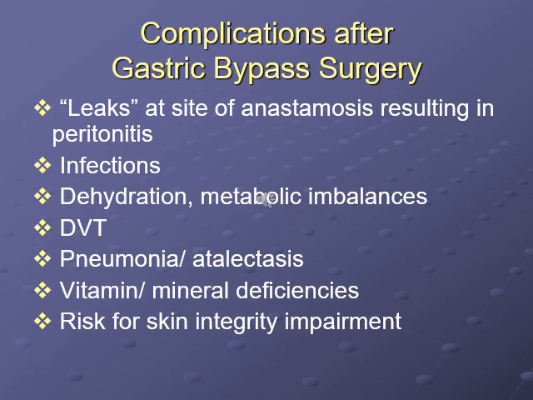Dehydration by far is the biggest complication following gastric bypass surgery. So they will be on IV fluids in the hospital. We will be doing small amounts of fluids. We have a whole regimen where they will start on clears and waters and be basically taking 15 to 30 milliliter increments of water at a time. We'll be checking strict I&O. They will be on strict I&O, whether or not they have a Foley or not. That might depend on the site that you're working, but either way they will definitely be on strict I&O